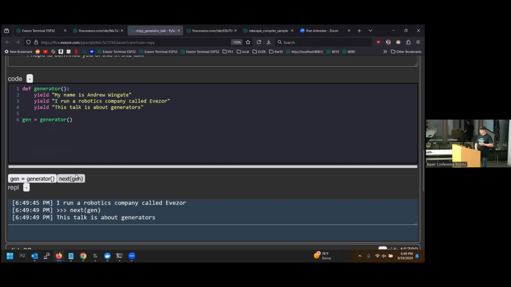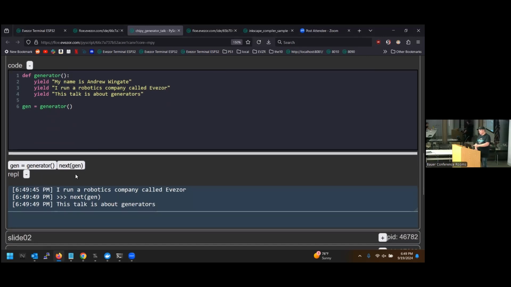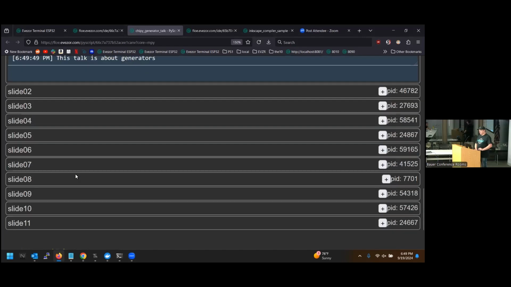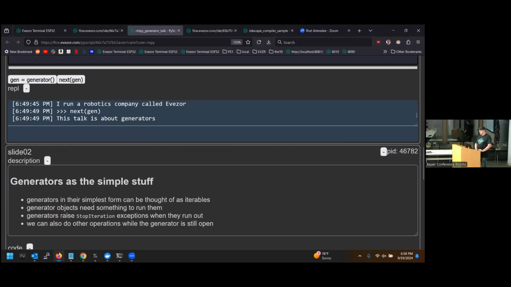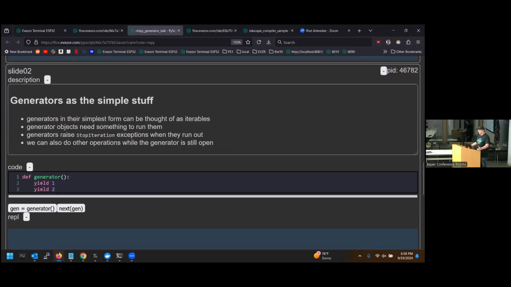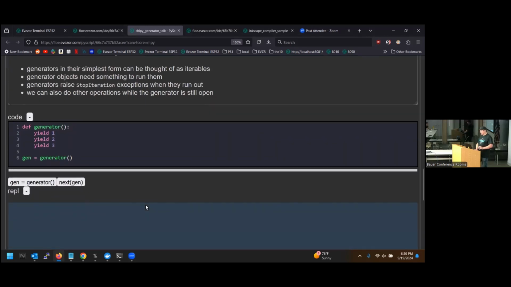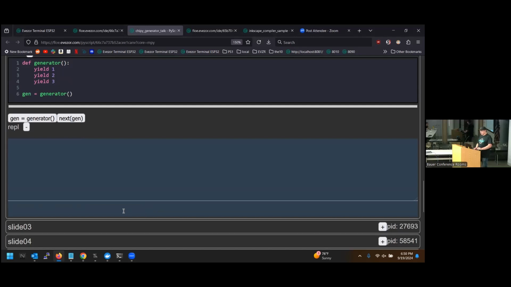So here you can see that we have just gone through a generator, and we're yielding values as we go. So again, generators at their simplest form are iterators. You can use them and think about them just as iterators, and every time that you run next on them, they will yield a new value. So you can think of yield like a return statement, except when we do this kind of stuff. So again, let's get a value from our generator, and you can see that we have gotten our first value,